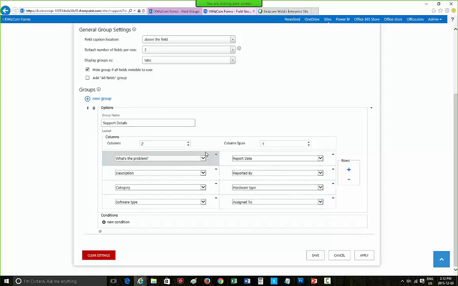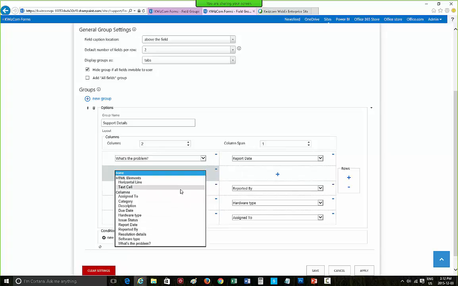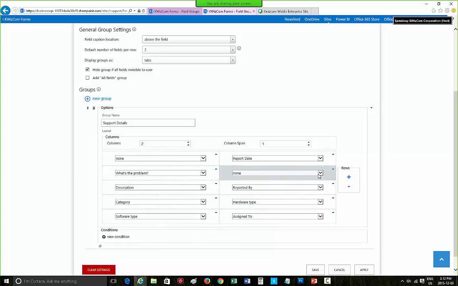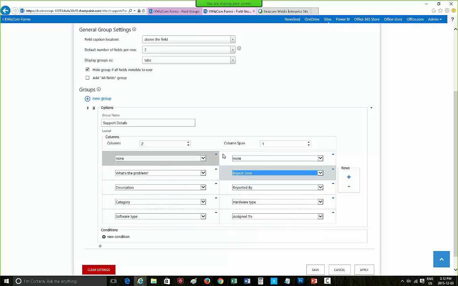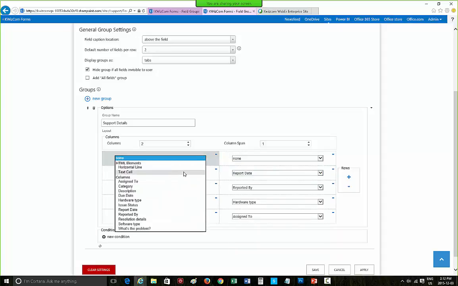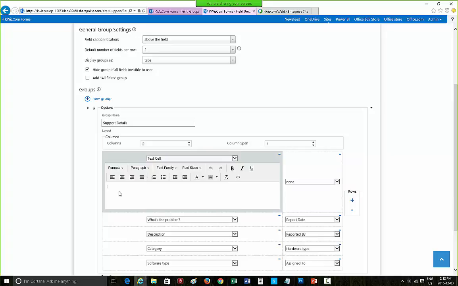I also want to add some headers to categorize my fields in the tab. I can do this by adding a text cell and format the text. I can also add a horizontal line break as well. So let me just add that here. I'll add my text and call it description details. I can also format it